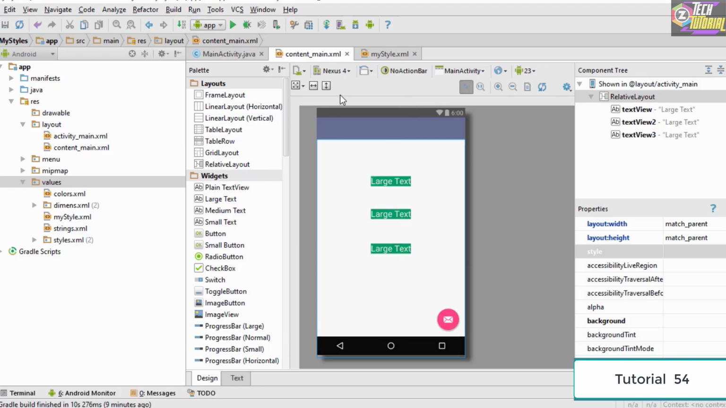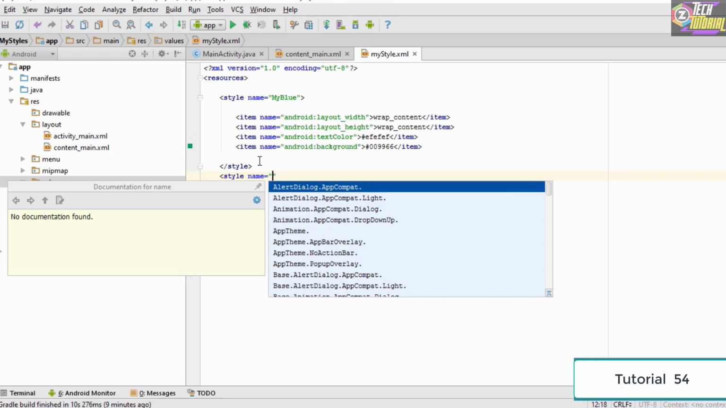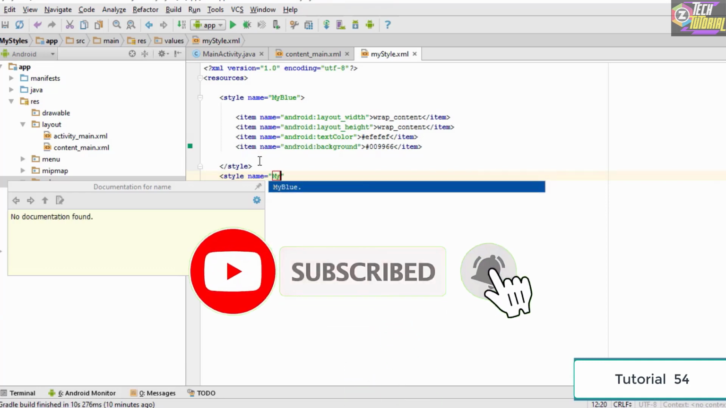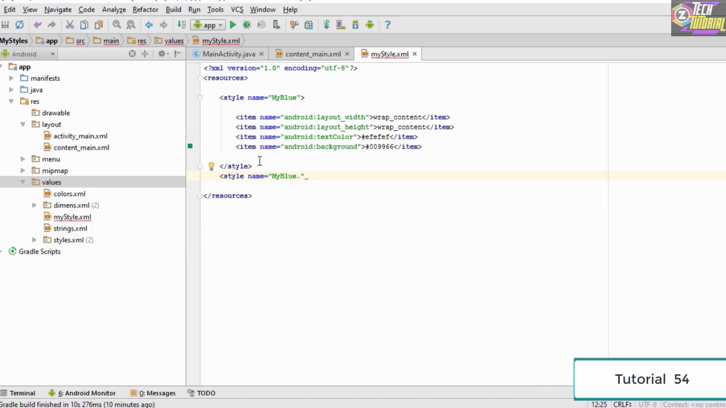And one more thing which I need to mention is that you could also use inheritance inside the style. In order to understand the concept of inheritance in style, let's say you want to make a new style which is similar to myblue, but you want to introduce a slight change: you want to increase the size of the text. So first thing we do is, inside the name, we type myblue, then give a dot, and then give the name of the new style which we want to introduce. Let's say it is bigblue, so we type bigblue here, then close it, and inside it we